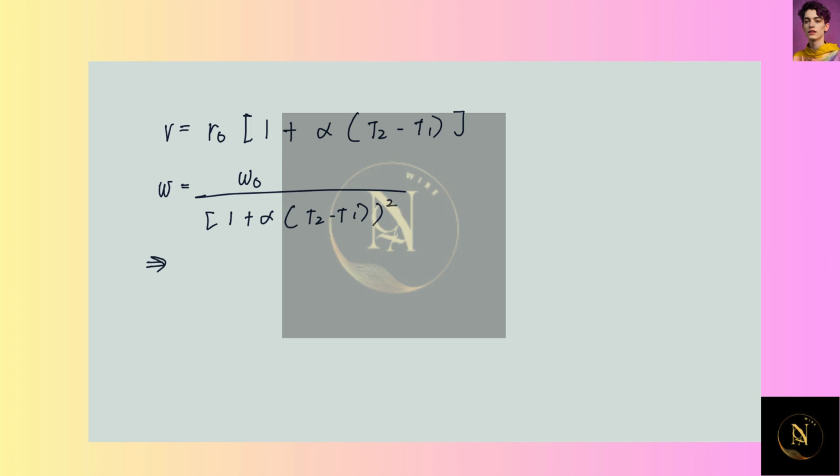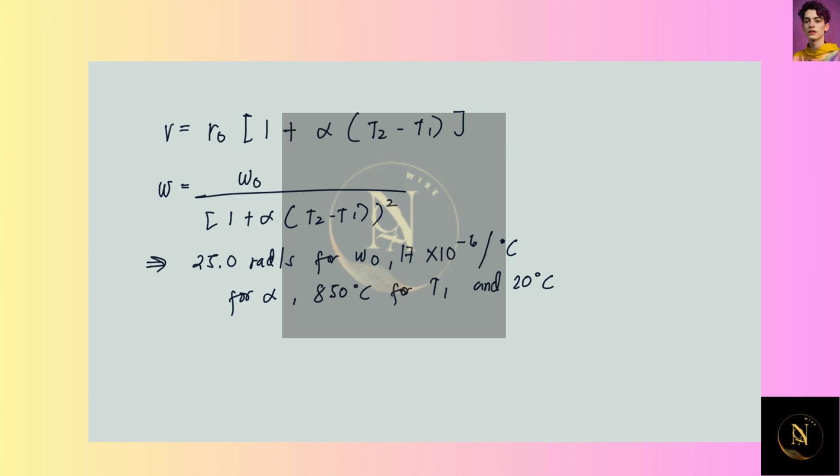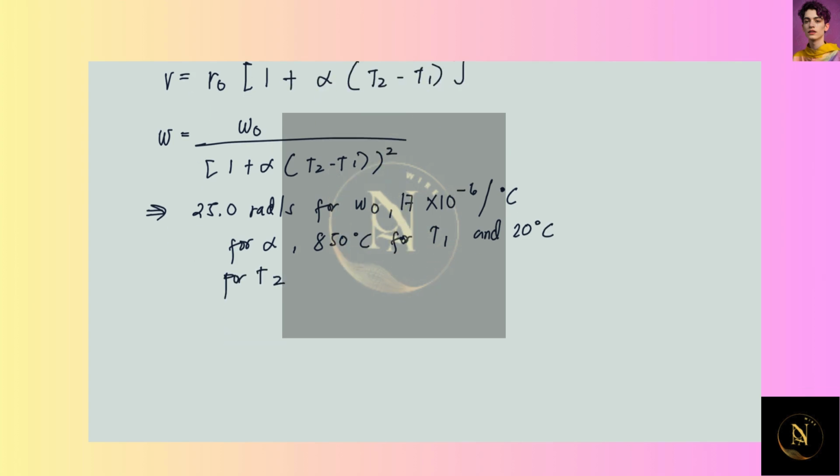Now we need to substitute 25.0 rad per second for ω0, 17 × 10⁻⁶ per degree Celsius for α, 850 degrees Celsius for T1, and 20 degrees Celsius for T2. So we have ω equals 25.0 rad per second divided by